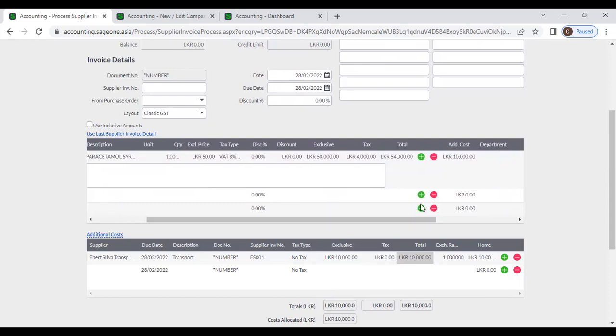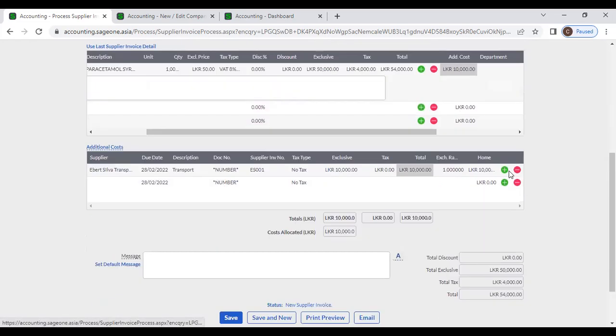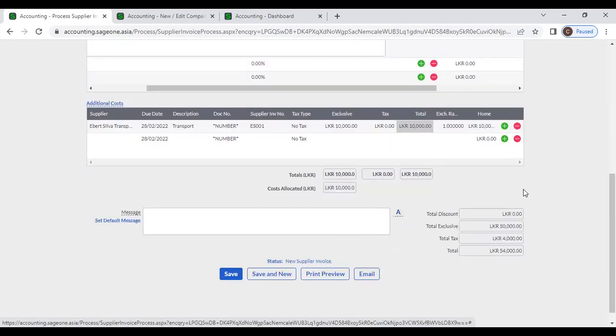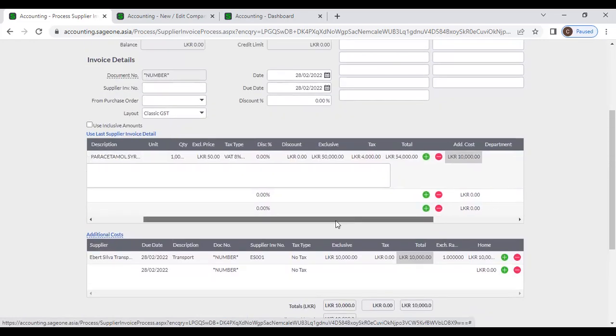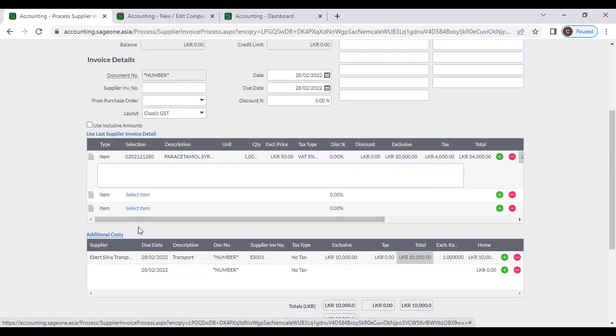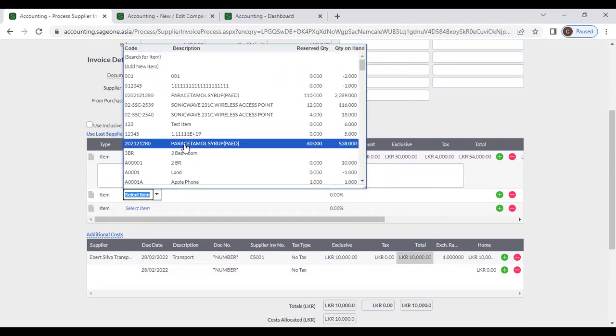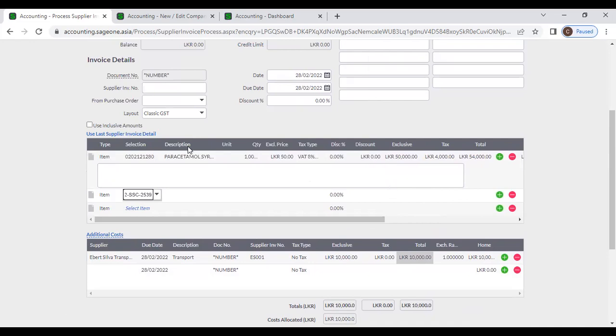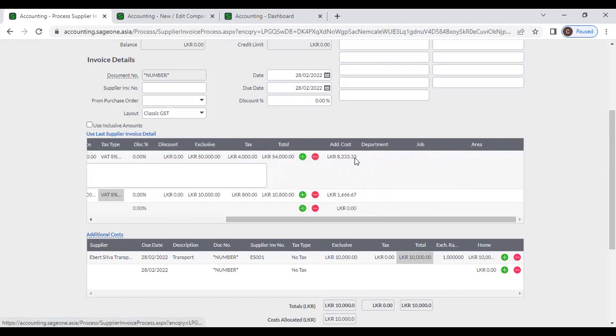Okay. After that, you can see this additional cost field entitled for this item. Right. Now, here we have entered only one item. Now, assume if you have entered two items, more than one item, here this additional cost will add based on the value of those items. Okay. Now, first item,